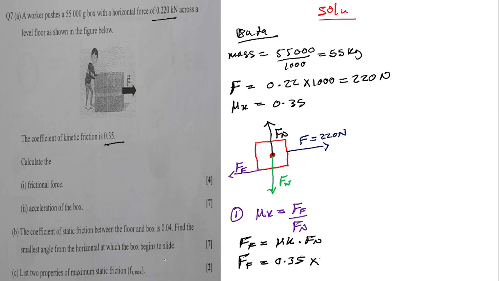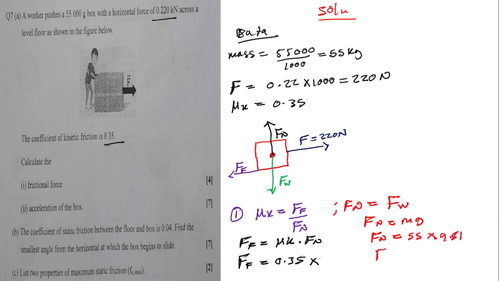Now the normal force in this case is something that you need to look for. When you talk of the normal force, which is Fn, it is simply equal to Fw, which is just mg. So Fn is equal to m, the mass, which is 55 kg, times gravity, the acceleration due to gravity, for which we can use